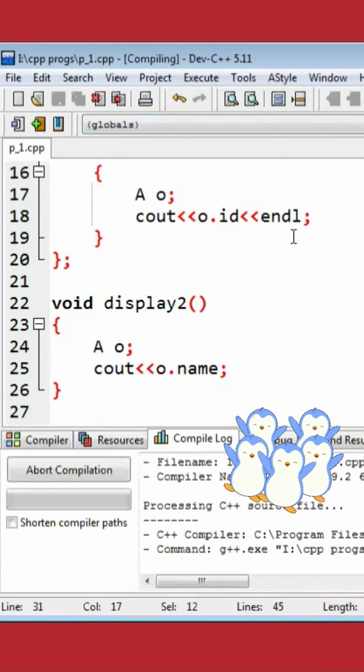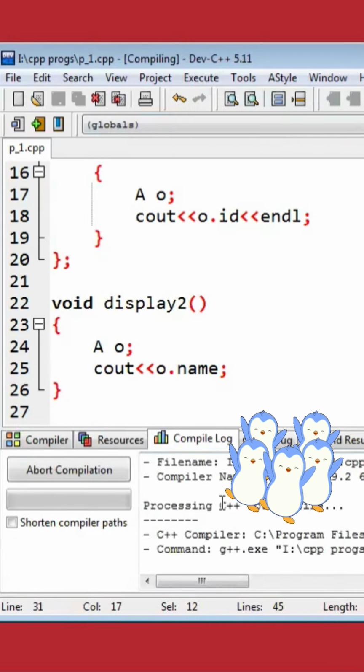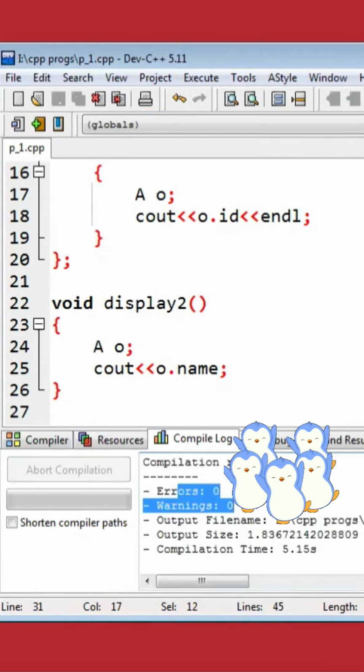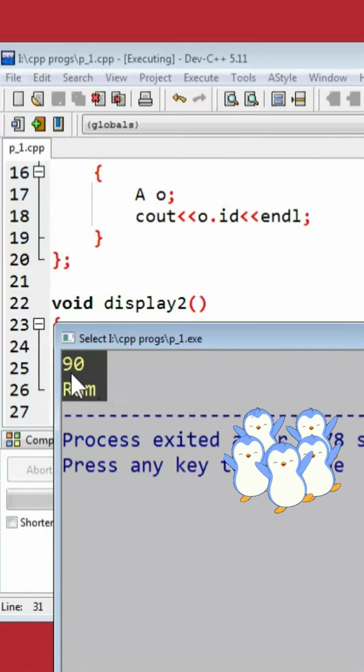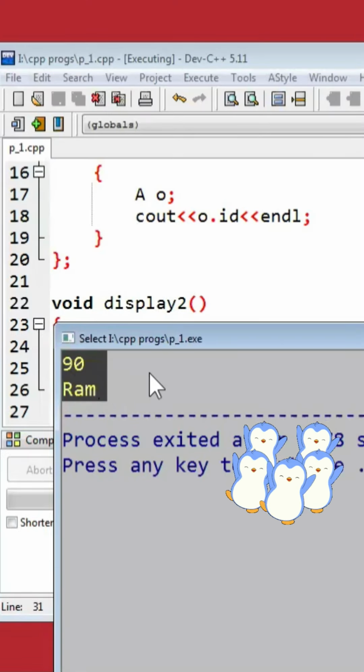Now I'm compiling the program. When I compile the program, if there are any errors, they are displayed in the compile log. If not, then we get 0 errors or warnings, and then we can run the program. When I run the program, we get the output as 90 and RAM, which is nothing but the ID